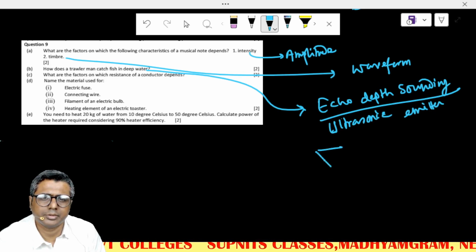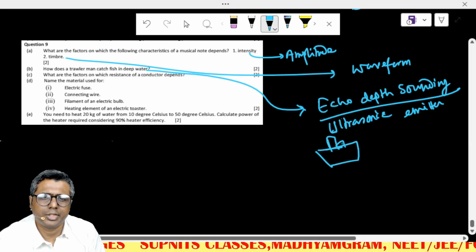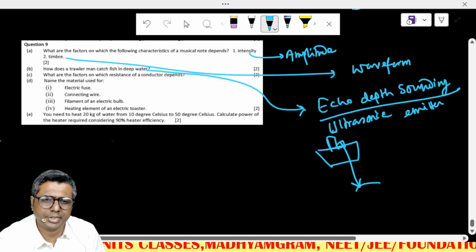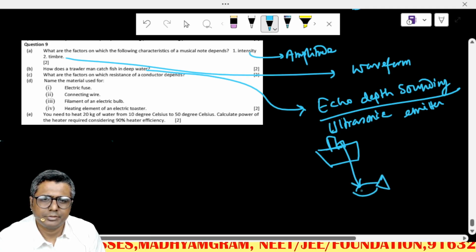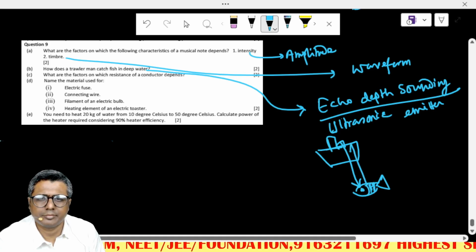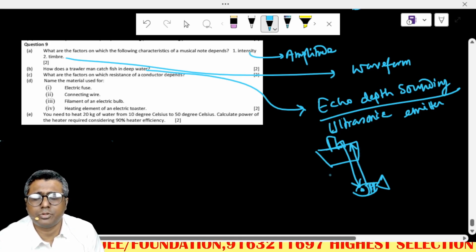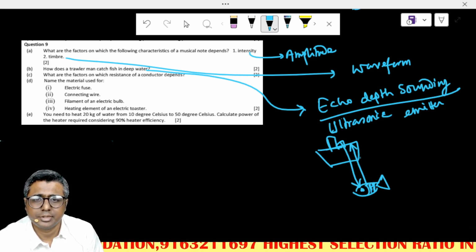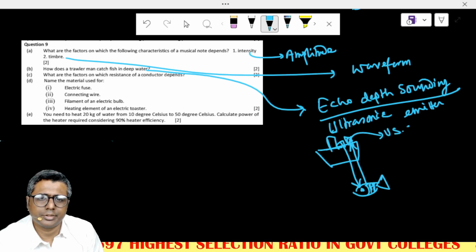Suppose this is a boat, the ultrasonic emitter is there, it emits ultrasonic waves to see the amount of fishes that are there, and based on the number of echoes he gets, which gets absorbed in the ultrasonic receiver,